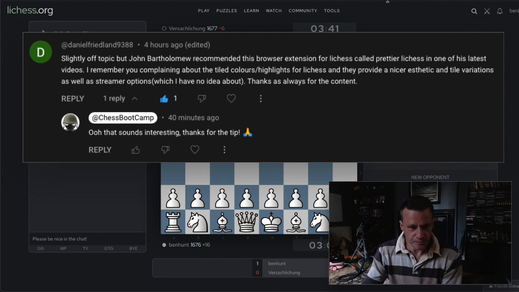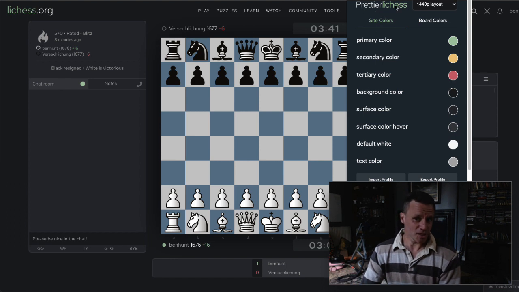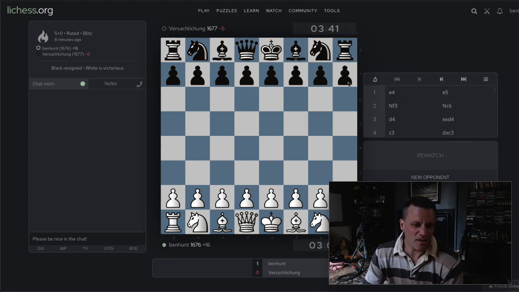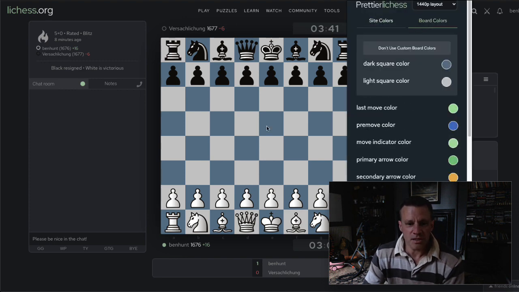I've got this for Chrome. So here's a Lichess game. I'm going to show you the game in a minute. It's just a 5-minute blitz, it's a load of fun. But we have this Prettier Lichess plugin, and it allows you to change your board colors, for example, and the colors of the arrows. Now what it doesn't do is go to solid highlights, which I think I prefer on chess.com. That'd be really cute if they could do that, but this is really nice, and this is kind of close